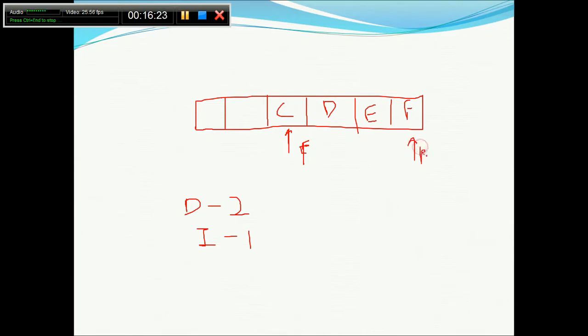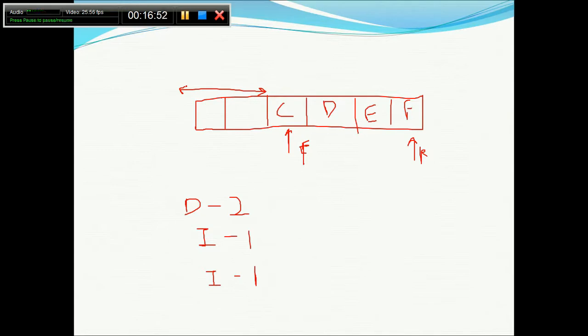Now suppose I want to insert one more time. I would be denied, saying that the rear has already reached max minus 1, the maximum element index being 0 to max minus 1, so I can't insert further, even though we still have some space remaining, and that is a waste of space.